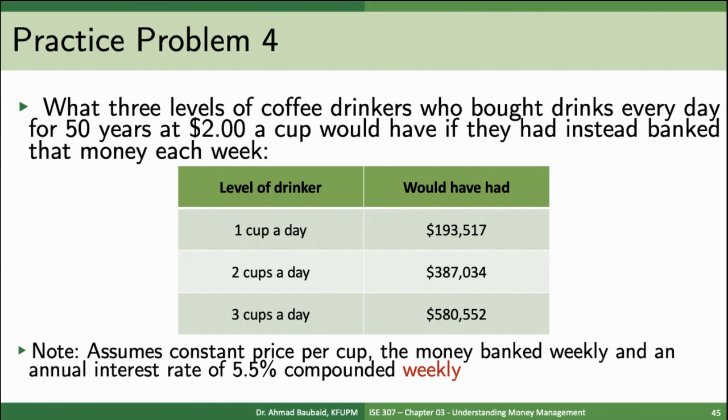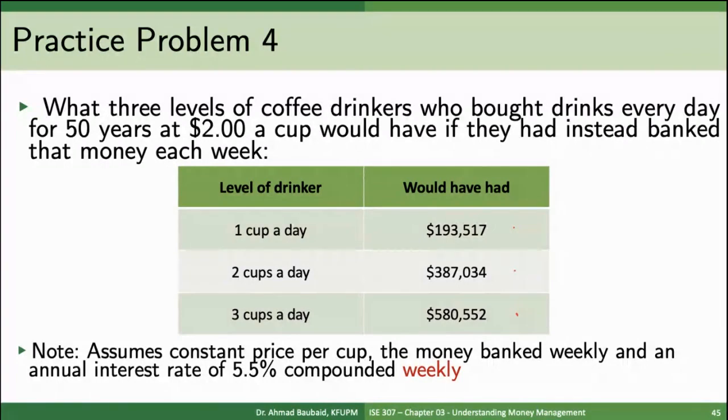So every day you set aside your $2 for coffee, you stop drinking coffee altogether, and you invest it in a savings account or something, right? That gets you some interest. It's telling you that after 50 years, here's what you would actually have, right? So these amounts here